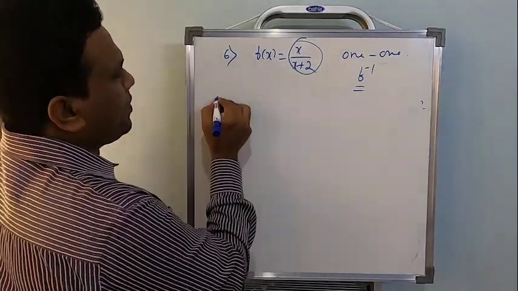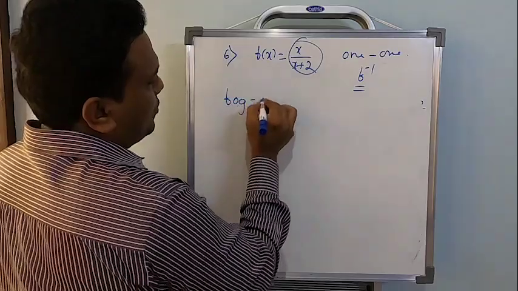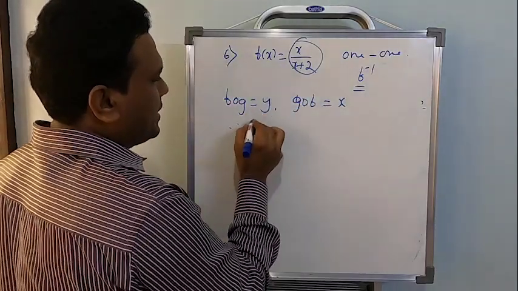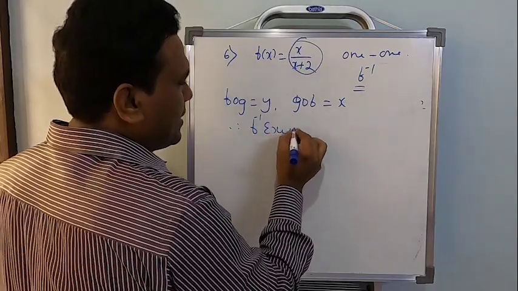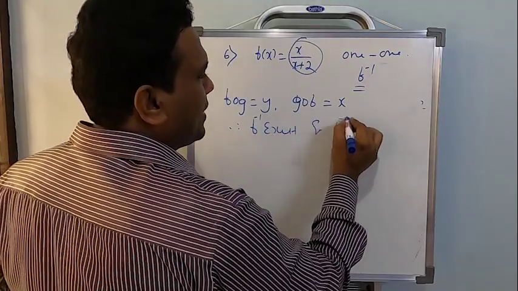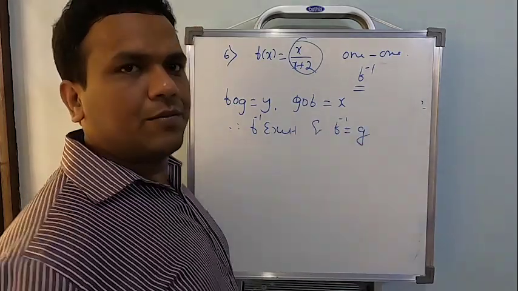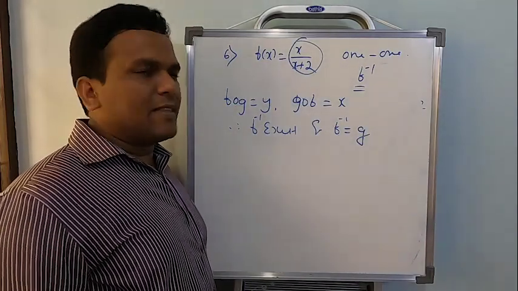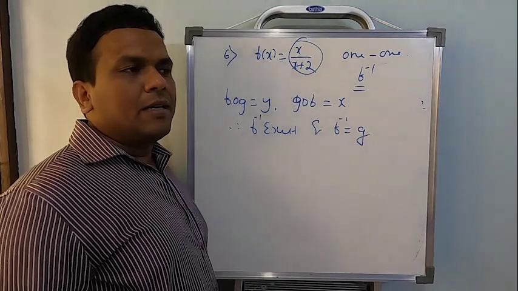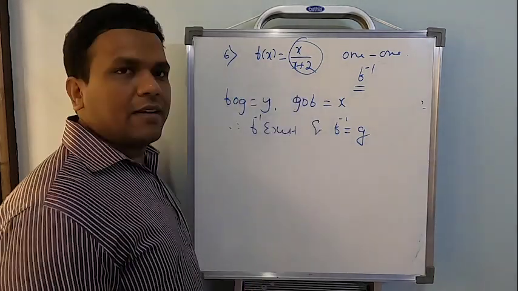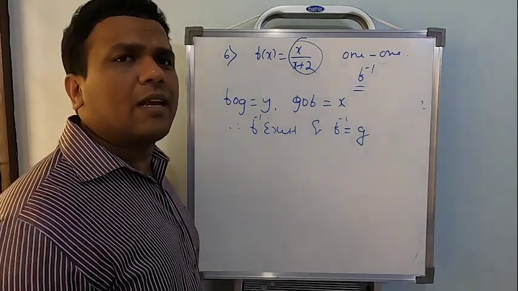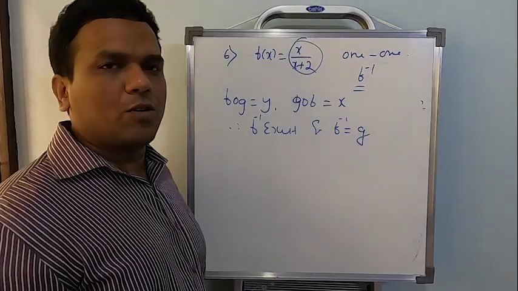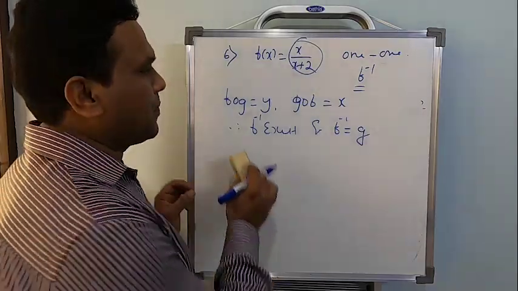Conclusion: since f of g equal to y, g of f equal to x, therefore f inverse exists and f inverse will be equal to g. You can do this also. Okay, so practice this method, which is quite easy, because the first method what I explained will only occasionally be used. There are fewer problems of such kind, but this method is quite useful and there are many problems of such kind. So please practice this.